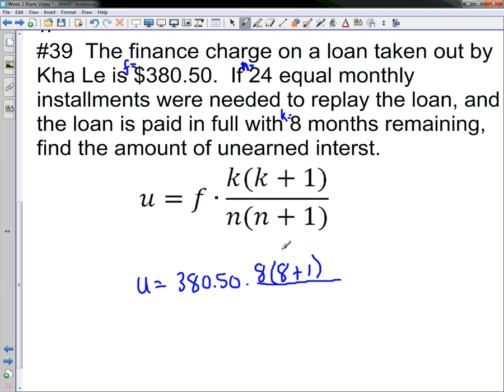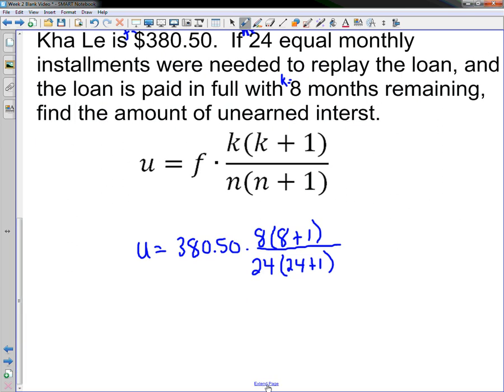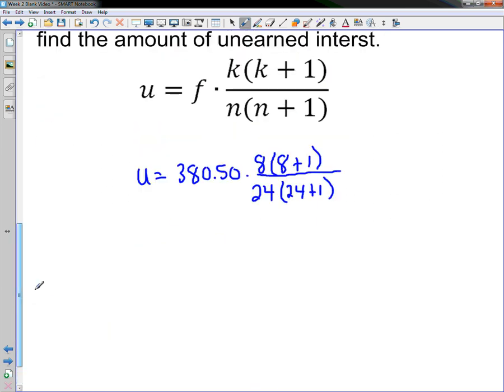On bottom, we have N, which is 24. So 24 times 24 plus 1. And we have everything plugged in. The only thing we have left is to go through order of operations, simplify it, try to get to where we need. All right, so we have U equals